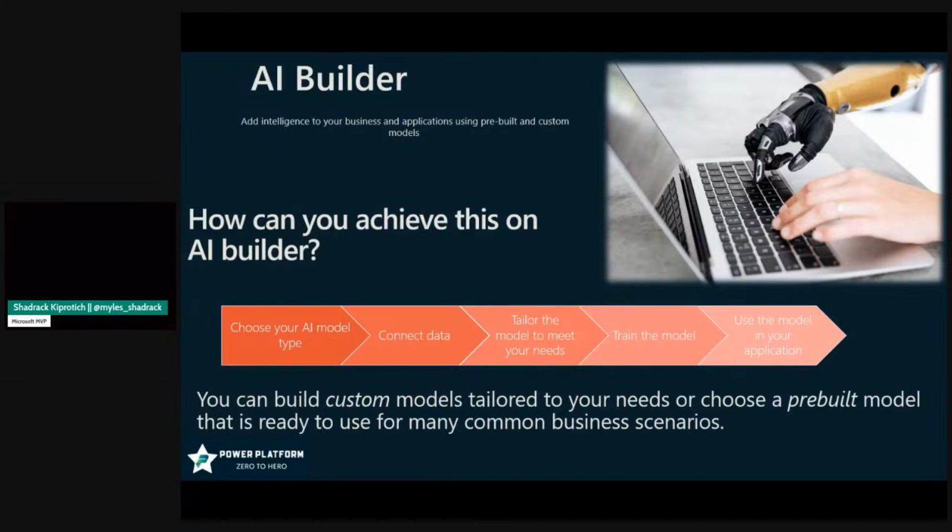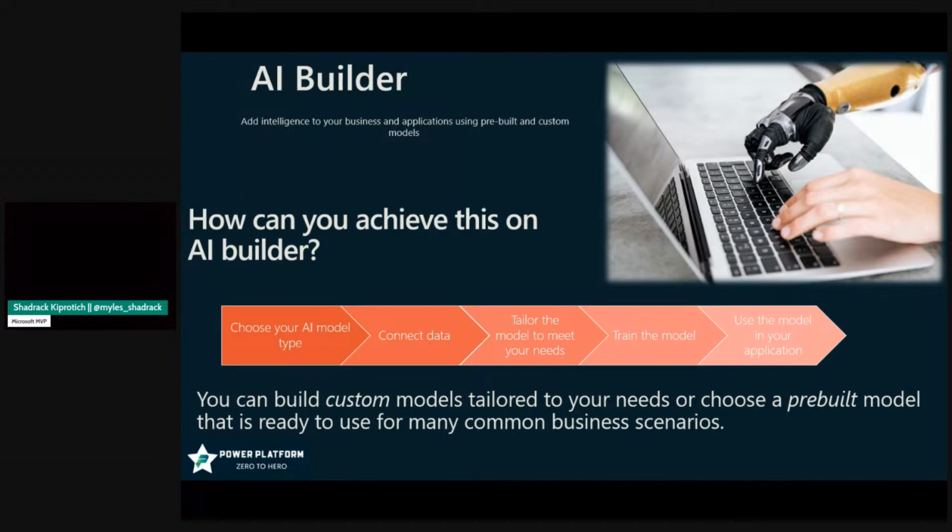And then let's just talk also about the AI component of Power Platform. This is something that Microsoft has really done well, that it allows you to add intelligence into your business and into your applications without having to learn to build up on AI models. So by using and training a model based on the data that you have within your organization and leveraging on the low code platform, you can build up on an AI Builder model that allows you